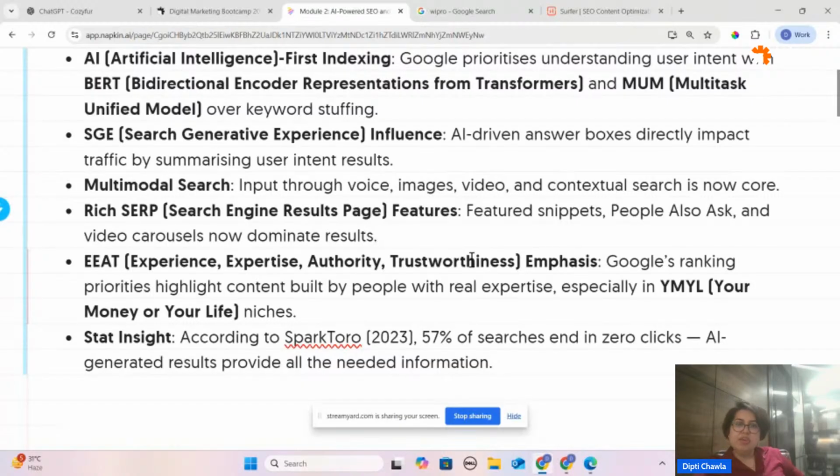In healthcare it does, and I would say in most of the niches, Google ranking priority gets highlighted based on content built by people with real expertise, not by artificial things. And if it's not authoritative or trustworthy, do SEO as much as you want, you won't get that thing, because today people are extremely intelligent.